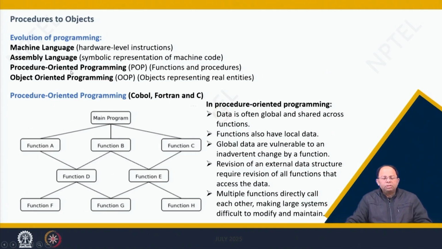So eventually we moved into procedure-oriented programming, where functions and procedures were introduced, and we saw the declaration of variables, then programs were written as a series of functions. That means you get in data, then you work on the data, get some output from that data, and there were different functions to be called. So massive programs with hundreds of functions with connected, related variables going from one function to another. So a lot of problems were there in those kinds of programming, right? Simple programs using a procedure-oriented language is okay, but if you have a massive program, it really becomes difficult,